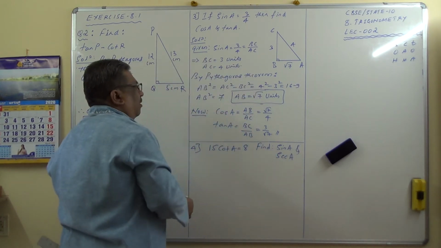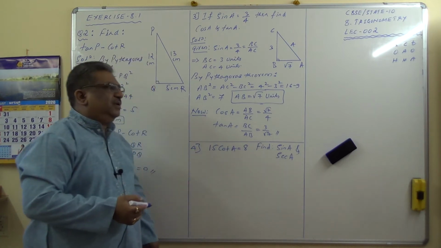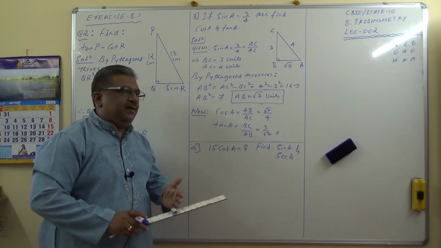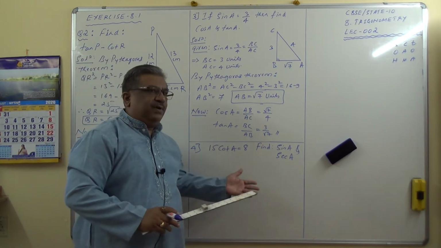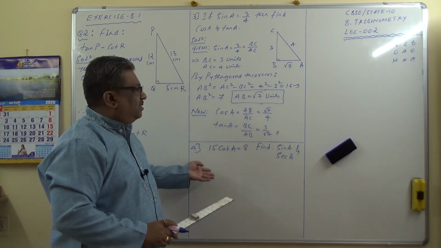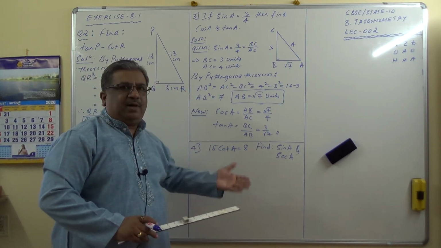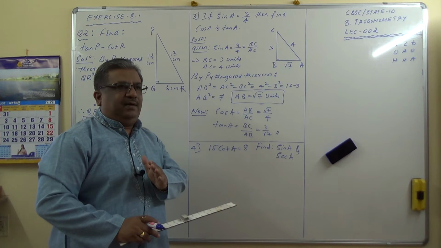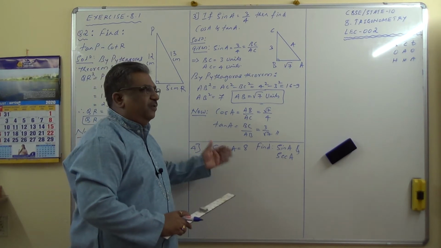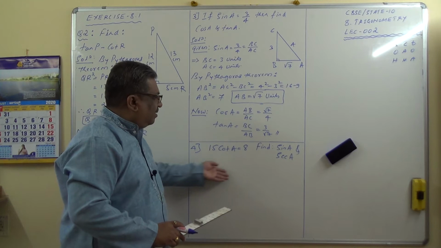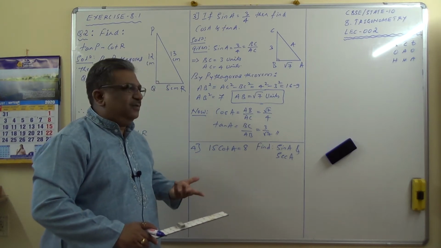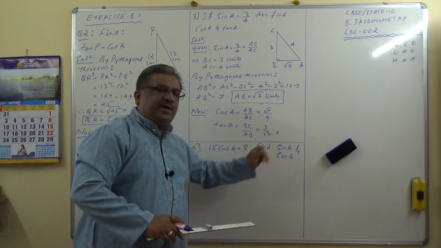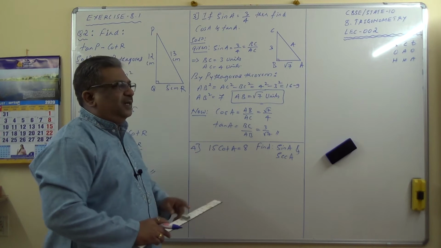Always it is preferable to draw the diagrams. Some of you draw without diagrams. I do not advise this. Being mature people, have a good representation. The trigonometric ratios we are talking about are the ratios of the sides with respect to a particular acute angle in a right triangle. If you do not represent it by a right triangle, you can simply work out the other sides, but there is no use actually. You have to draw the proper diagram, mark the given acute angle, and then take the particular ratios.